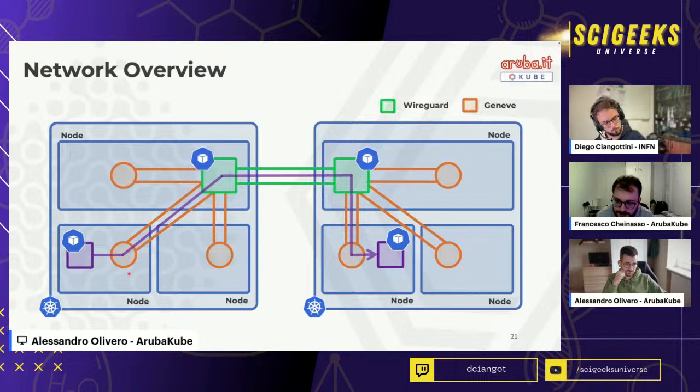Another detail about the network: of course, it can work with more than two clusters. So you can have a central cluster and more leaf clusters. When you have to communicate between the central and a leaf, the logic is that